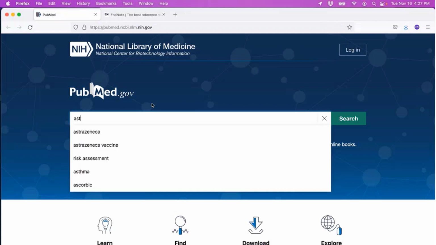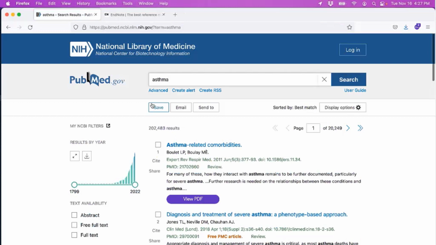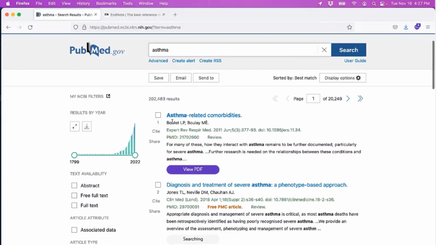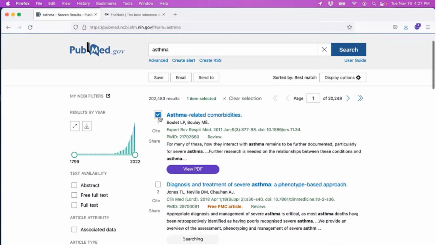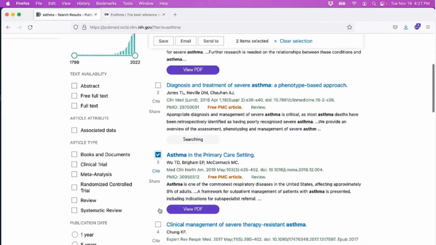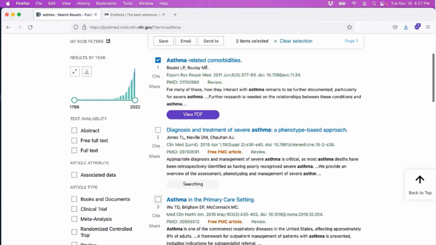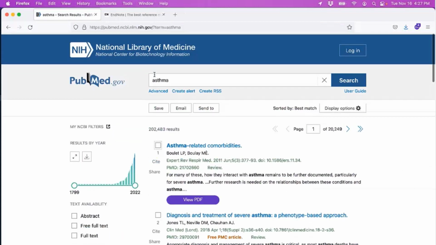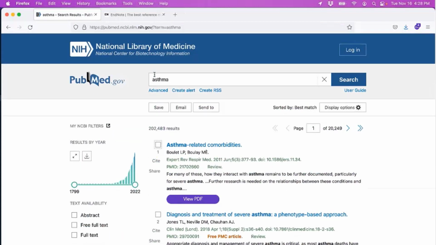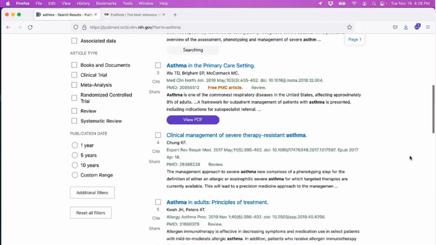So I'm going to perform a very quick search here for just the term asthma. We've got, of course, quite a few references to consider here. But if we wanted specific search results, we can mark them similarly to how we did in the Web of Science. But if we don't mark any, PubMed.gov allows us to export up to 10,000 references at a time. And now I don't think we need that many for our example, of course, so maybe we'll stick with whatever is shown on this first page.